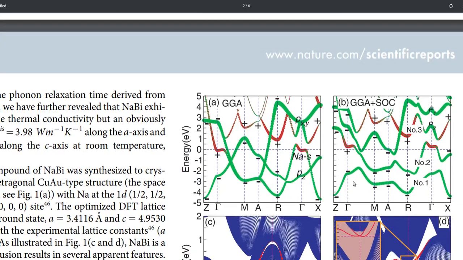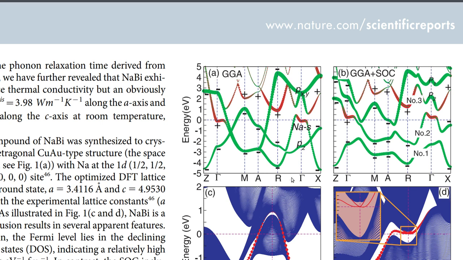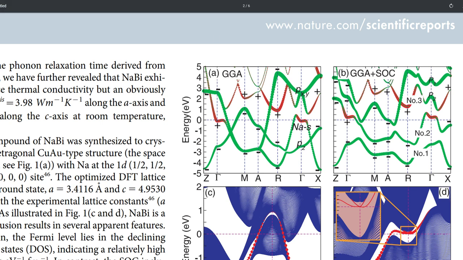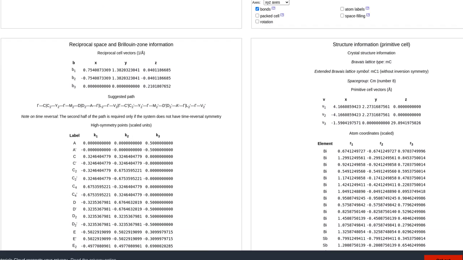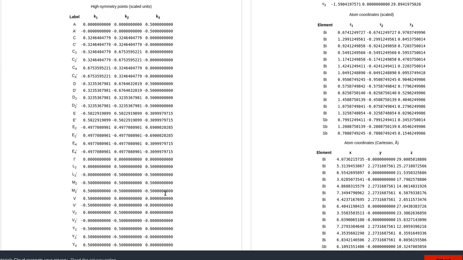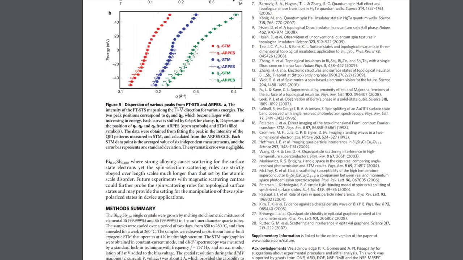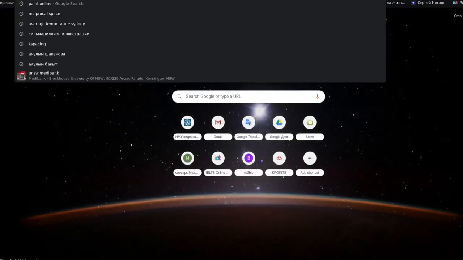Yes, so here are those high symmetry points, and obviously gamma is here, and we have other high symmetry points, and that website gives you all of the standard high symmetry points, and we should use it in our kpoints